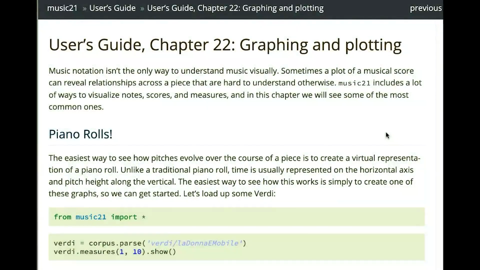Hello, everybody. I want to explain a little bit on how we can visualize music using music21 or other tools, and how important it is to be able to see what is happening in a piece of music. Rather than going through a Jupyter notebook, the user's guide to music21, chapter 22, which there's a link pasted into the page that this is on, has a good introduction to some of the things that you can do with